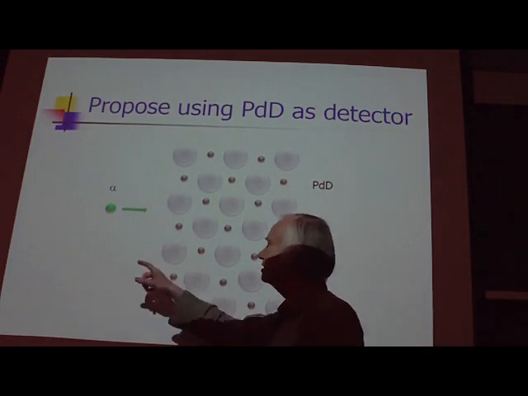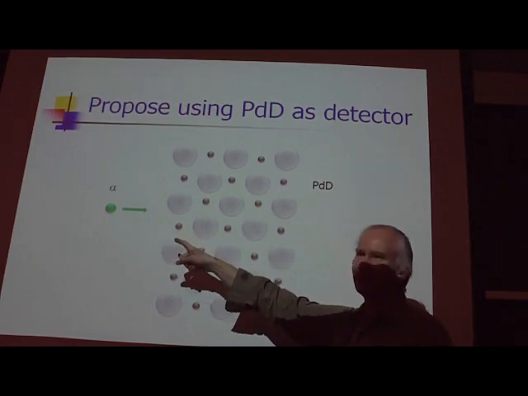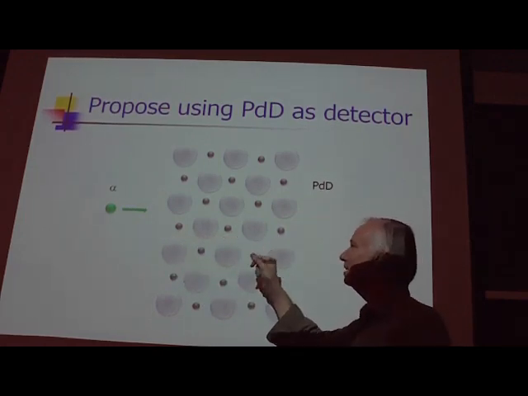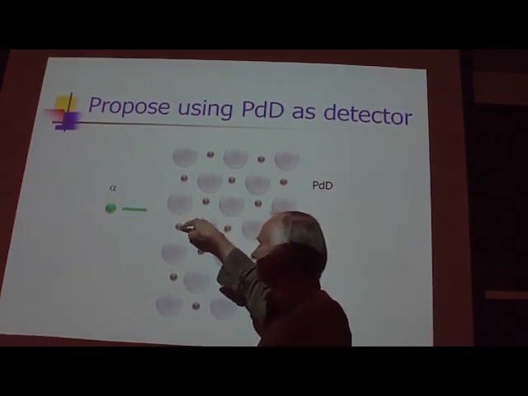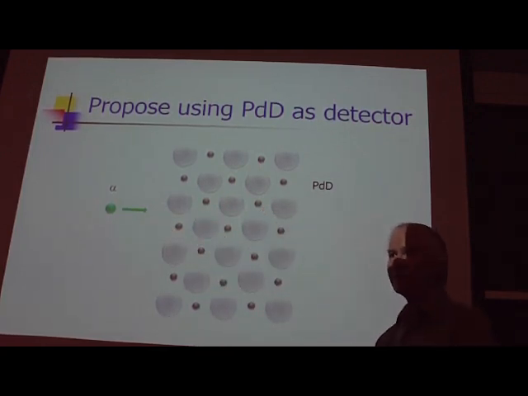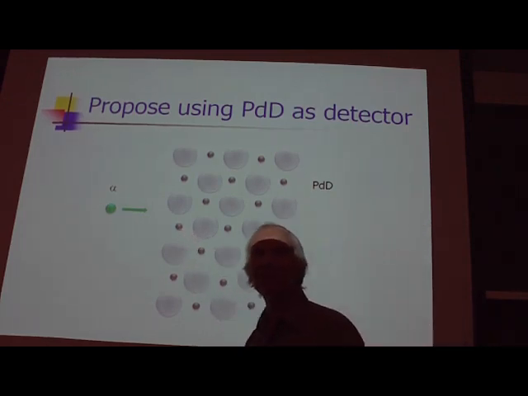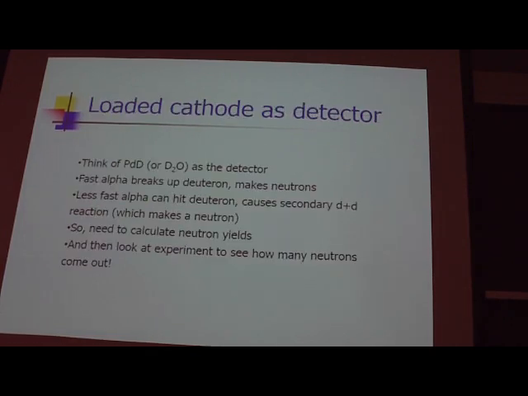So the argument is, if you've got an alpha particle that's born inside, conceptually you think of it as coming in and hitting this detector. What's it going to do? Well, it can scatter off of the palladium. There are deuterons inside. If an alpha particle hits a deuteron with enough energy, it could shatter the deuteron. If it doesn't have enough energy, it can still hit a deuteron, and now the deuteron has the energy. And if the deuteron has the energy, you can have a subsequent deuteron fusion. So if you calibrate this, you can use it as, like I said, an exquisitely sensitive nuclear detector.